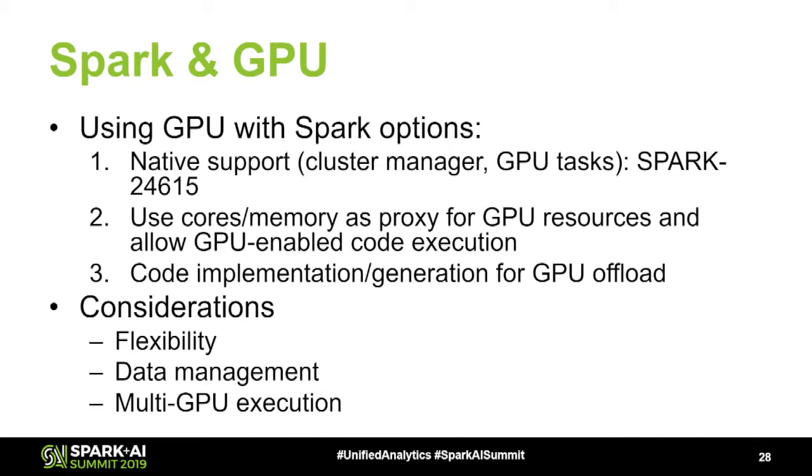This can be done using simple resource counting: if you have 4 GPUs in a machine, just keep a counter of these resources and increment and decrement that counter as the GPUs get assigned or released. An alternative is to use CPU cores or memory as a proxy for this option, as opposed to doing simple resource counting. The advantage is that it works the standard way in which CPU cores or memory get allocated